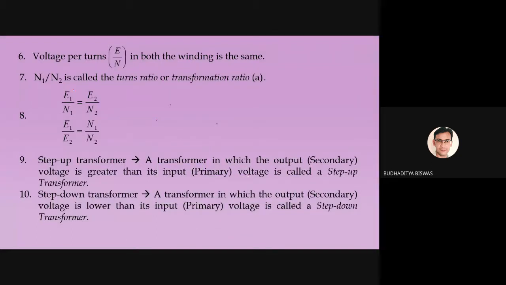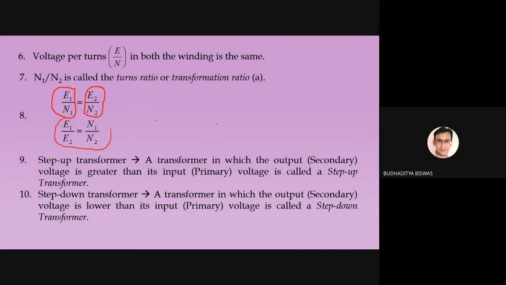That's how you can write E1 by N1. So this E1 by N1, what is this? This is the voltage per turn in the primary winding. E2 by N2 is the voltage per turn in the secondary winding. They are actually the same. So E1 by N1 is equal to E2 by N2, or we can write,